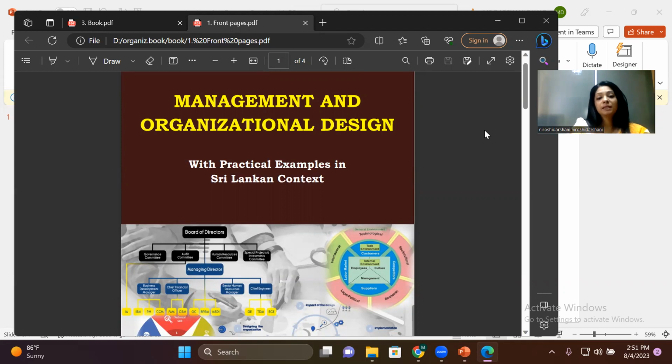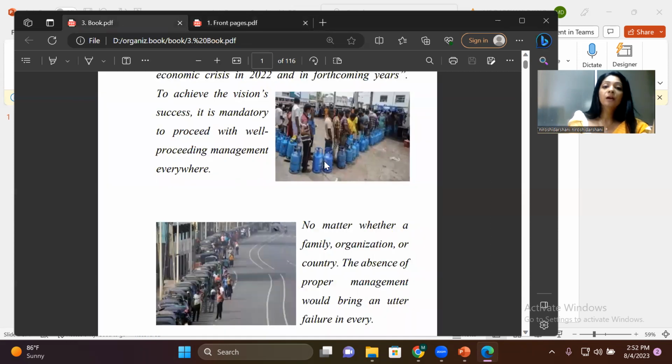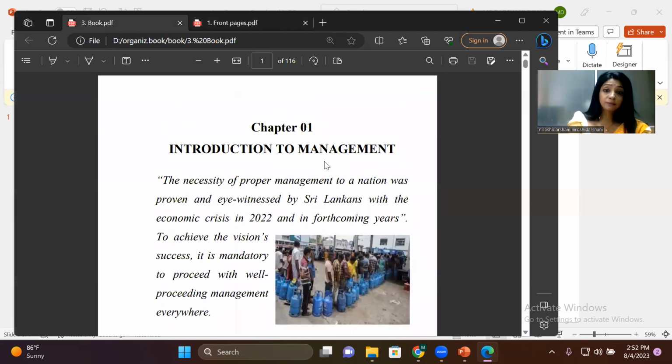There is always a question I get, that most of the students ask, don't we have a book to refer to for study? So this is a book that I would recommend for you to go through, and I'm going to teach you with the book. This is from the introduction, this is the content of that book.